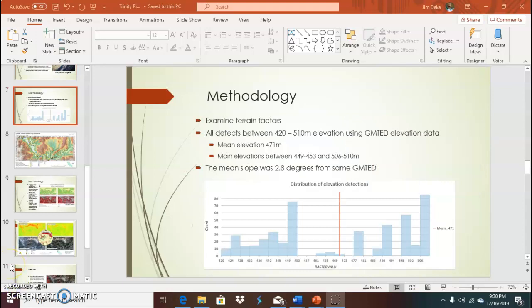This table shows the elevation values of the locations where frogs were sighted in the USGS study. The data was extracted from GMTED data and joined to the frog sighting feature class using the extract values to points function in ArcGIS Pro, which adds a column to the feature layer containing the value of the elevation raster cell. The same process was used for slope data, which showed that the river generally follows a gentle slope.